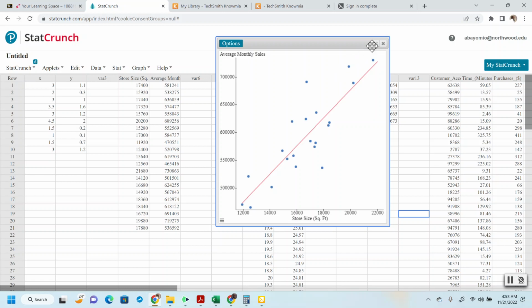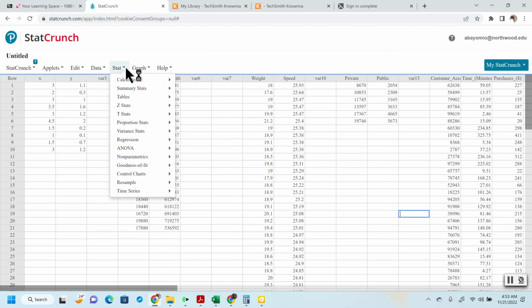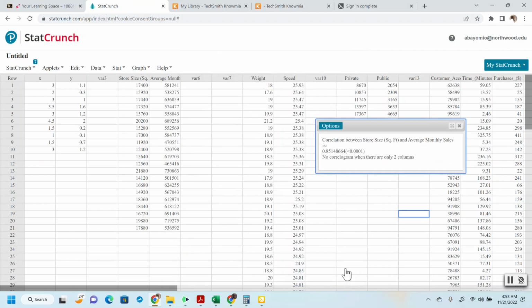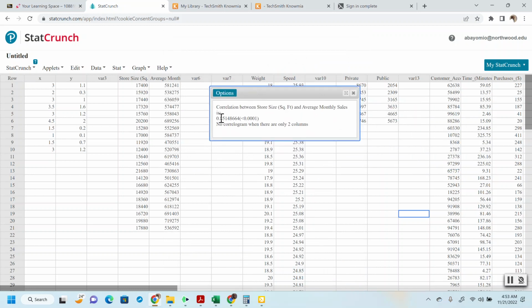So we go back to StatCrunch, X this out, go to statistics, summary stats, and we would like to summarize the relationship between X and Y using correlation to measure the strength of the relationship. So correlation, click on store size, hold down the control button to choose the other one, and we can also choose a two-sided p-value if we want. And so click on what? Compute. So in this case, you have the correlation between store size and average monthly sales is